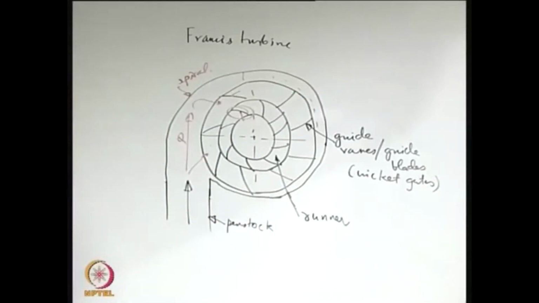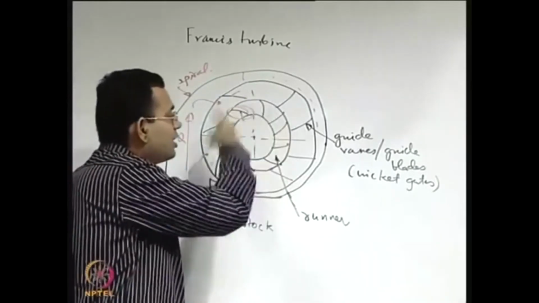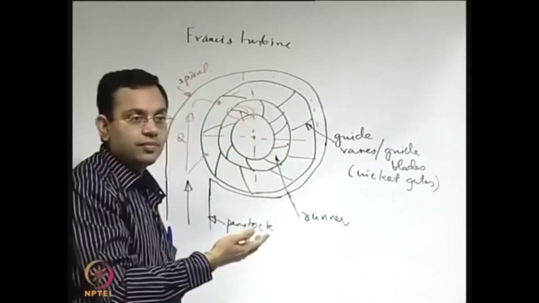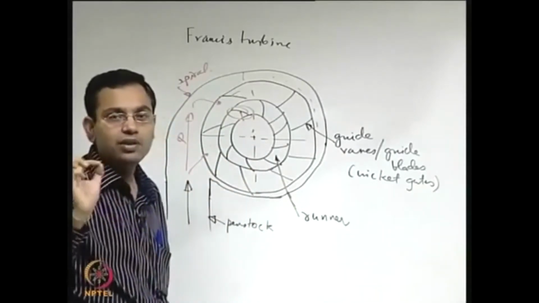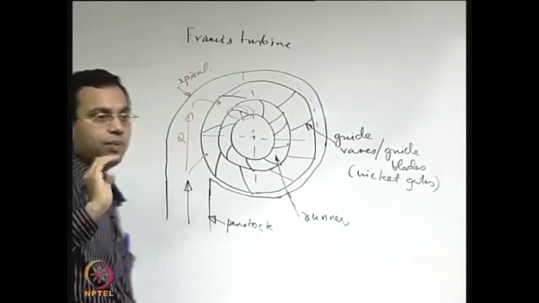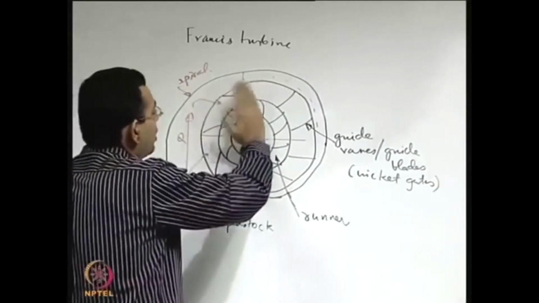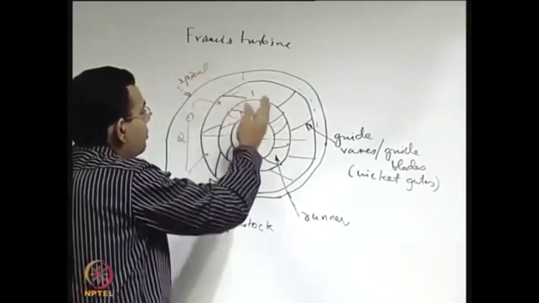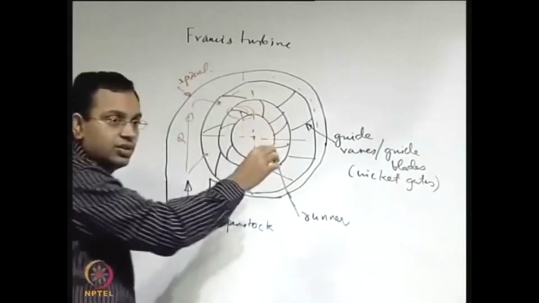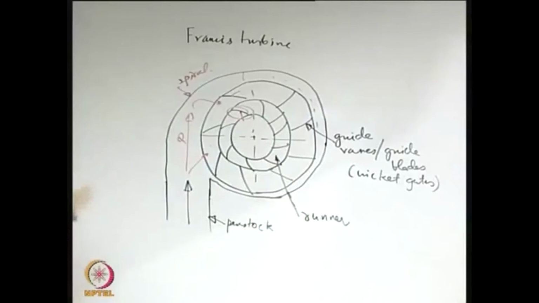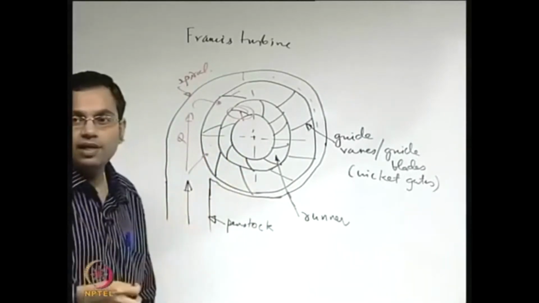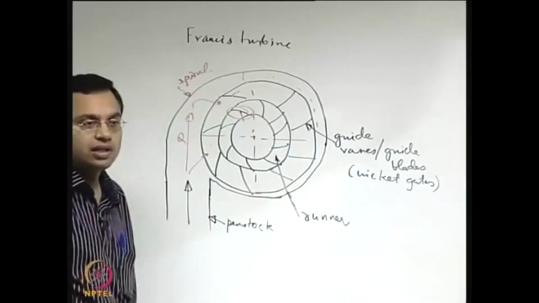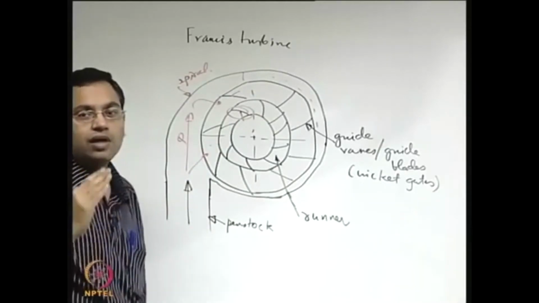But the head developed by the runner is given by that momentum principle. So the only way you can change or reduce the power is by playing with the flow rate Q. You can play with the flow rate by having a partial closure of the inlet to the moving blades, and that is also one of the important purposes fulfilled by the guide blades. So they not only may give the orientation of the flow, but they may also have a control of the